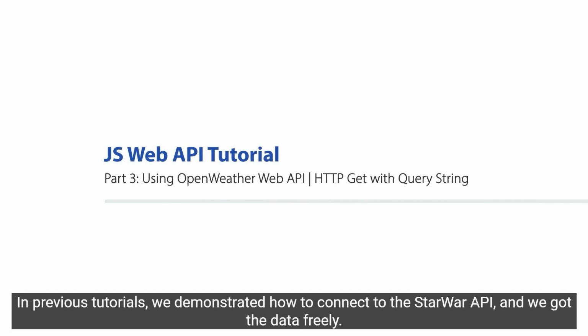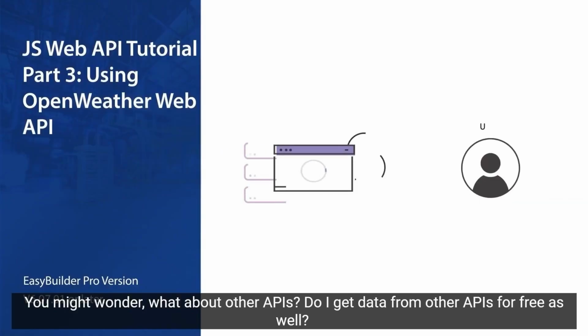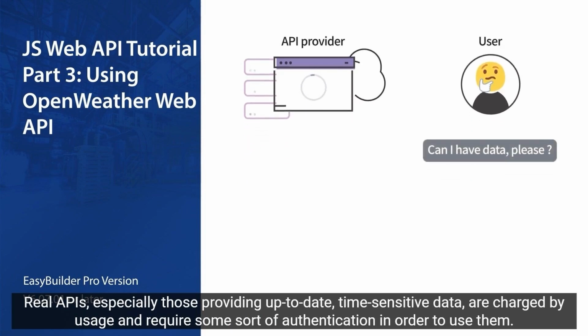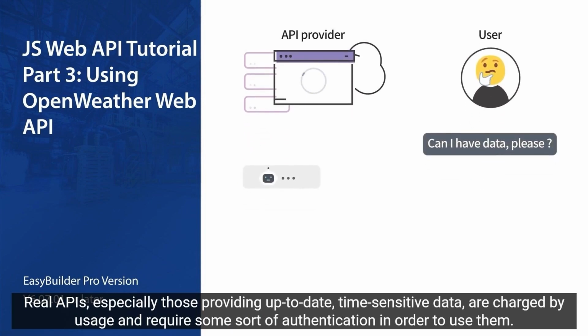In previous tutorials, we demonstrated how to connect to the SWAPI API, and we got the data freely. You might wonder, what about other APIs? Do I get data from other APIs for free as well? Real APIs, especially those providing up-to-date, time-sensitive data, are charged by usage and require some sort of authentication in order